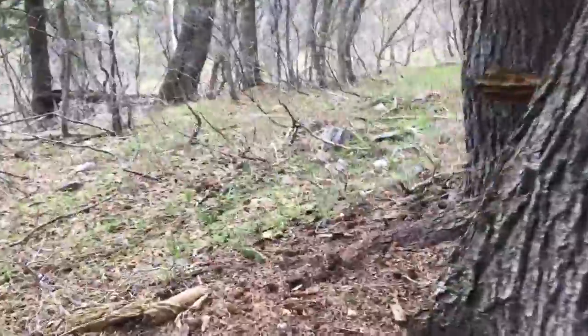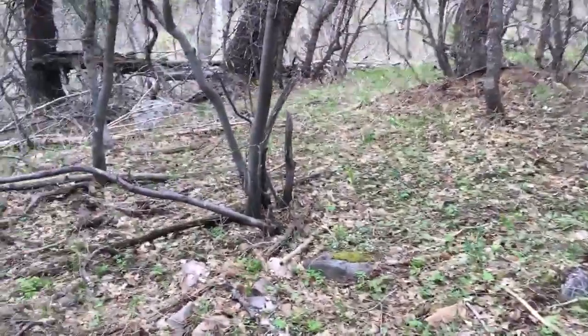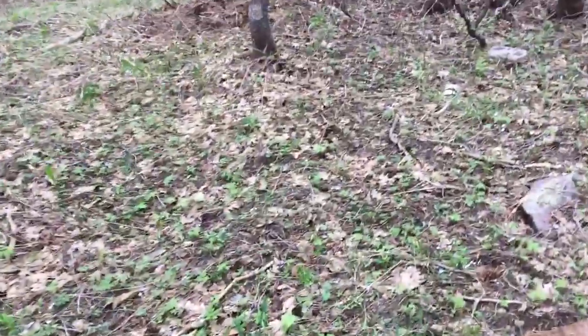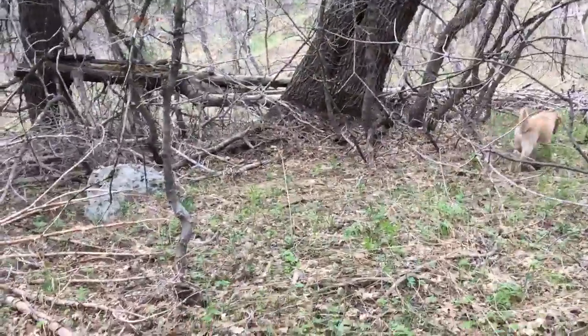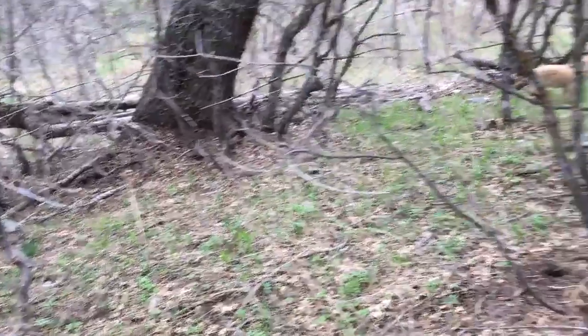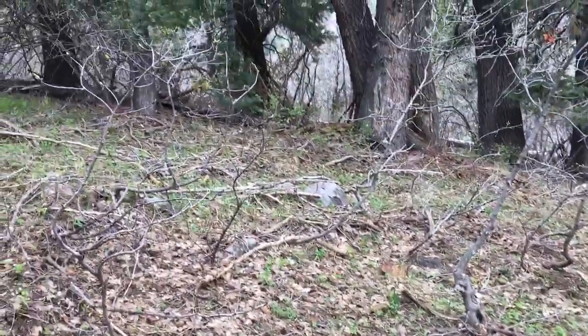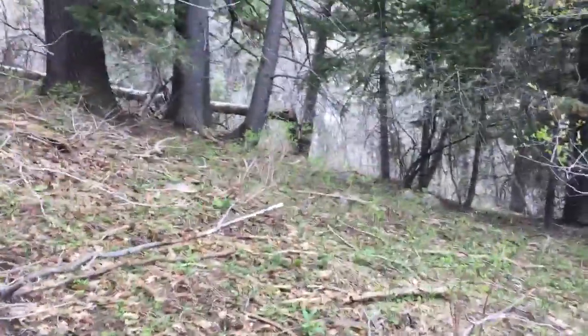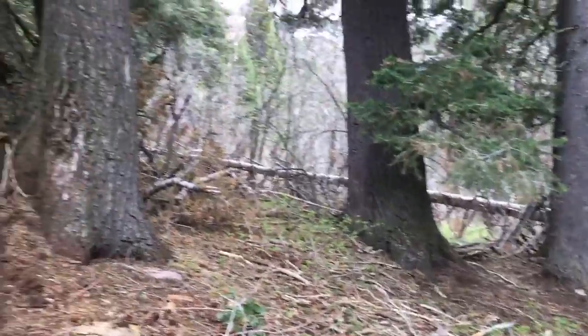I really think that they leave very, very little impact on their environment. I would normally say that that's intentional, but maybe they're just extremely transient in the forest, meaning that they don't have a particular den or a home or somewhere where they will go to sleep repeatedly, like a home. So they aren't gonna spend a lot of time and energy building something permanent somewhere. I think that they just leave very little trace